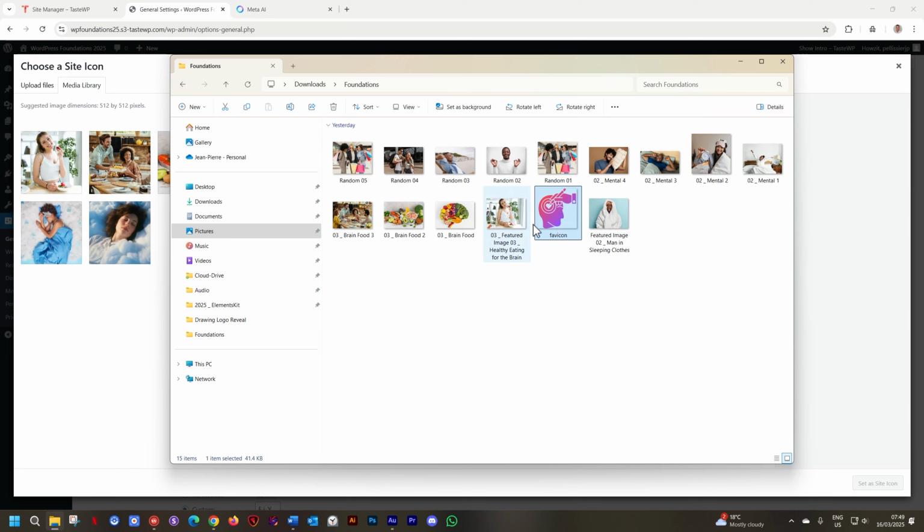For your tab at the top, this doesn't make a big difference. On some Apple devices, the bigger the image, the better, but you can get away with something as small as 64 by 64 pixels. I do recommend going a little bit bigger for it. The most important thing is make it a square, and then it will work well.